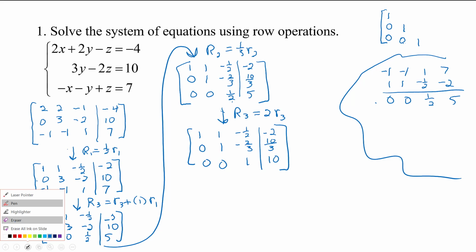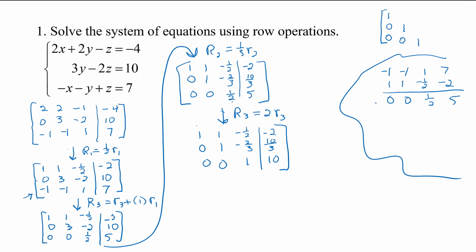Well, it's not as far as we could go. We could actually put this into reduced row echelon form that would make solving for the answer even a little bit simpler than what we're going to do. But having our matrix in this form, what we call row echelon form, takes us to our next step. So we're going to take this matrix here and move on to another slide,